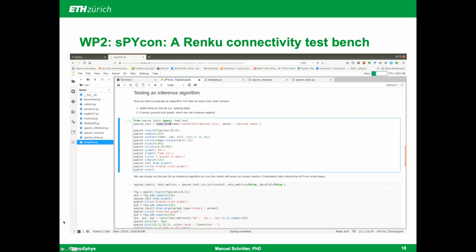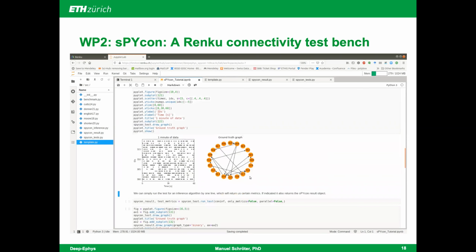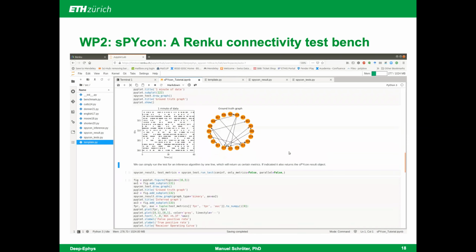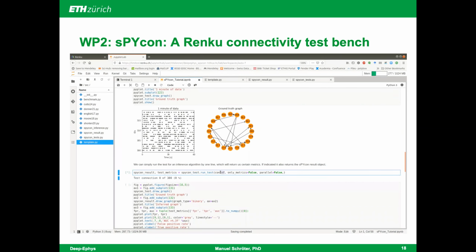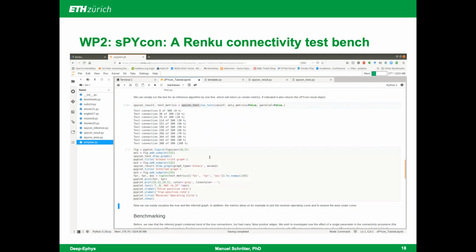And then we can also perform some performance tests, which would mean we compare the inferred graph to a ground truth that has been established by known connectivity. And this is, for example, the result.